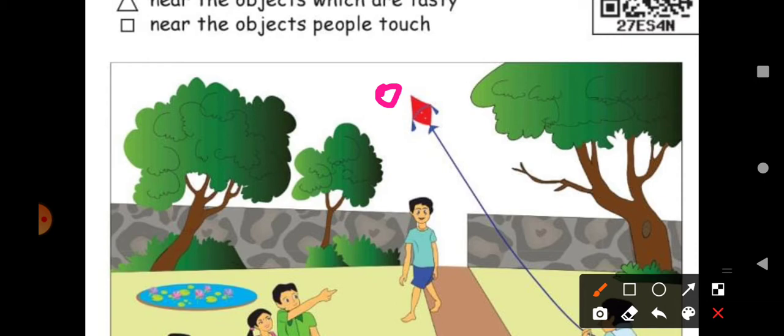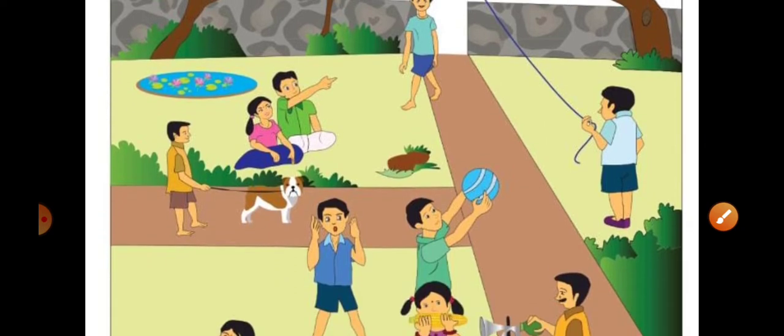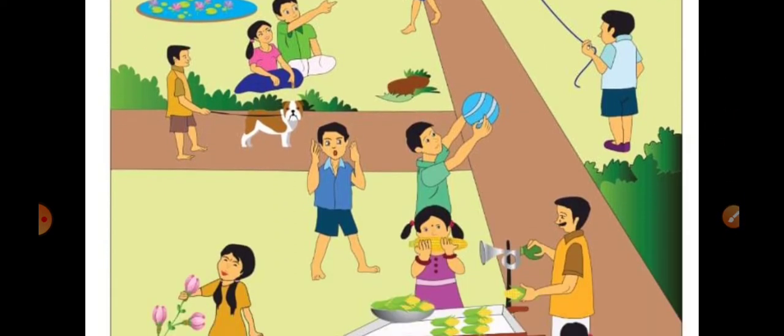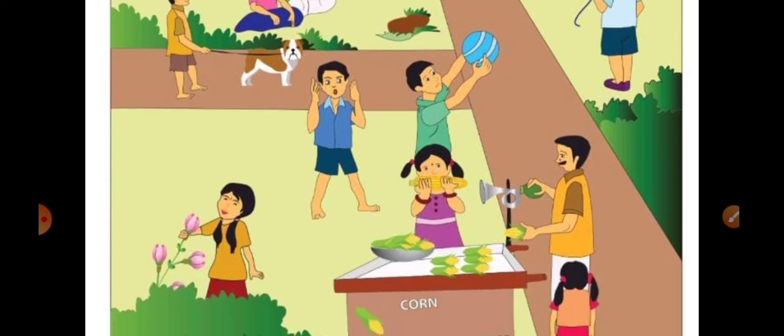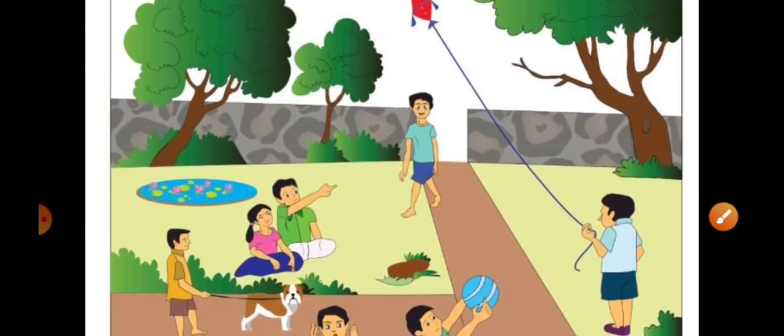objects which produce sound. Objects that produce sound, near those objects you have to draw a star. So which object will produce sound? See this horn. Okay, so it will produce sound, right? So I'm putting a star over there. So next one, the third one, is you have to draw a rectangle